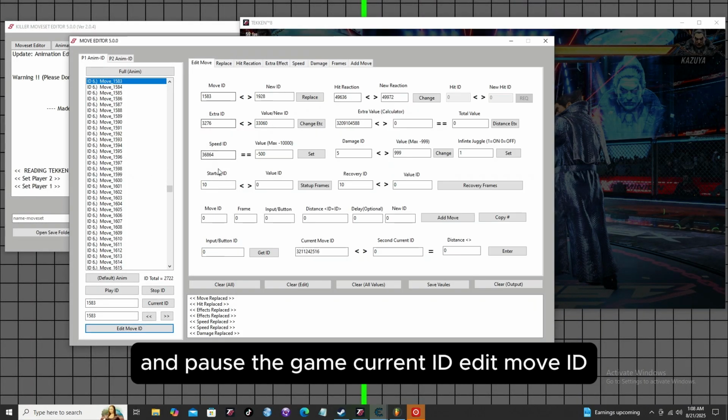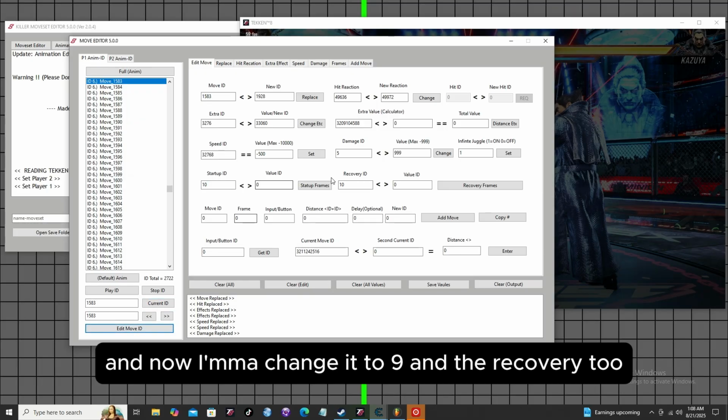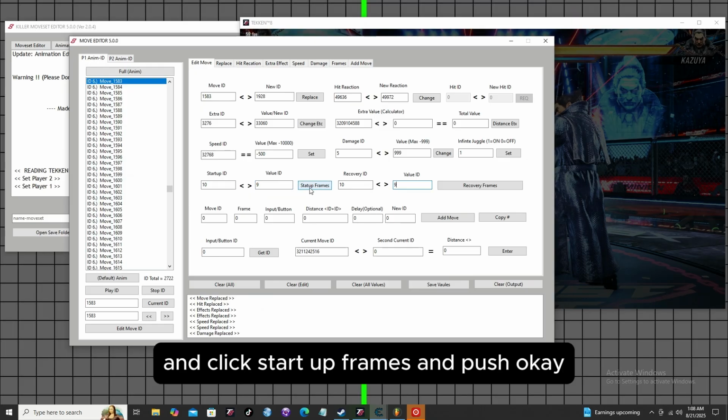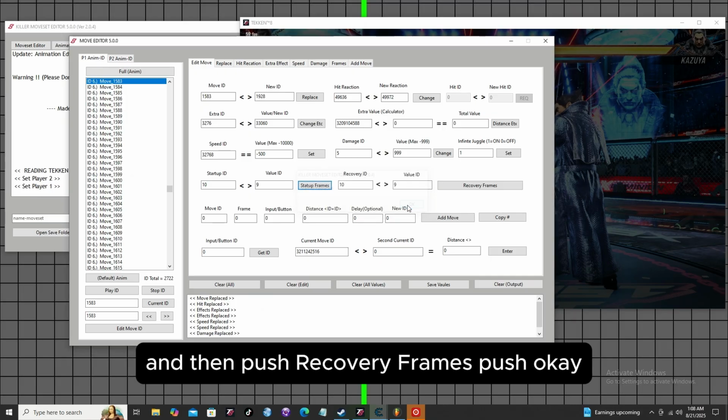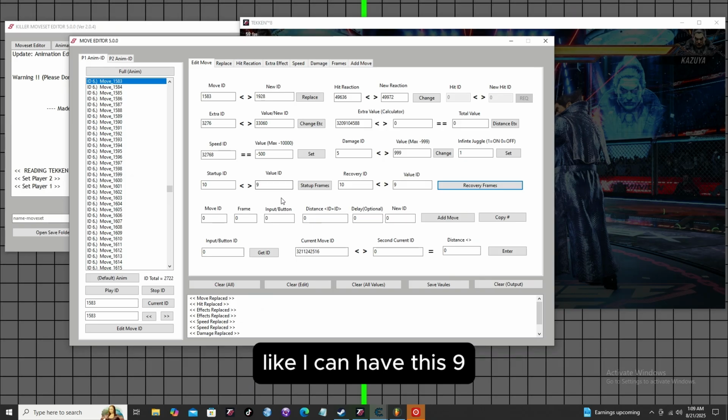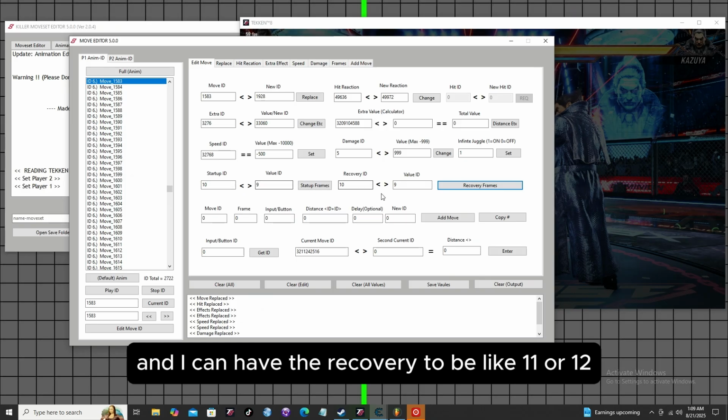And pause the game, current ID, edit move ID. And now I'm gonna change it to 9. And the recovery 2, and click startup frames and push OK, and then push recovery frames, push OK. Now it doesn't have to be the same for both of them. Like I can have this 9 and I can have the recovery to be like 11 or 12 and it'll